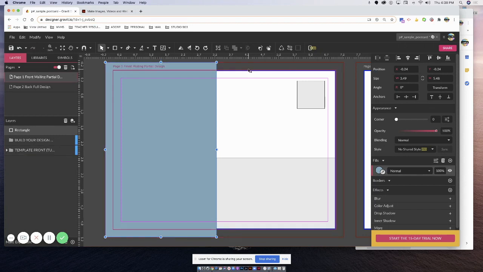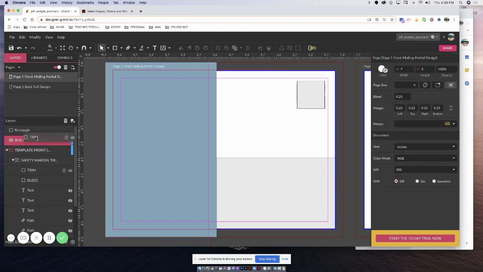So here's the edge of my page, and you can see that I have a little bit of a distance between the margins. So I kind of want a little buffer zone between the mailing panel and that too. I want to give myself another margin. So I'm going to drag out a guide that goes to about right here. So if I highlight on this, you can see that I've got a margin that's, you know what I'm going to do? I'm going to move